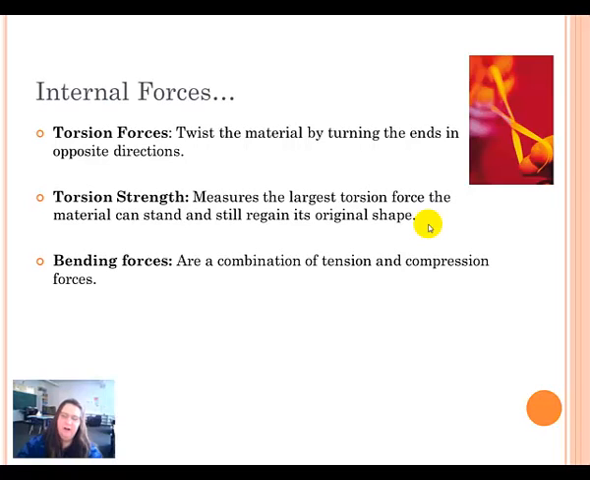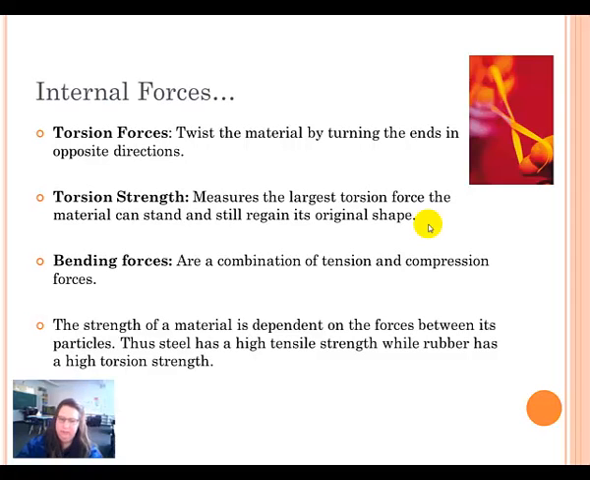Bending forces are combinations of tension and compression forces. So when you bend something, you compress one side and you pull the other side. The strength of a material is dependent on the forces between its particles. Therefore, steel has a higher tensile strength while rubber has a higher torsion strength. So steel, you can pull it and it won't break as easily as rubber will. But you can twist rubber a lot more than you can twist steel, so rubber has a higher